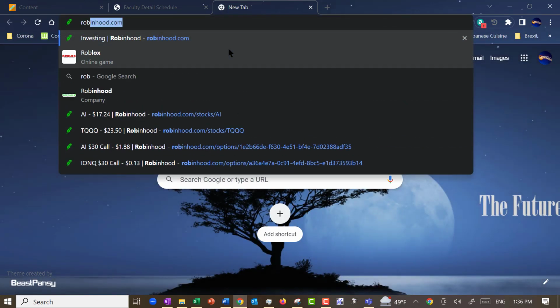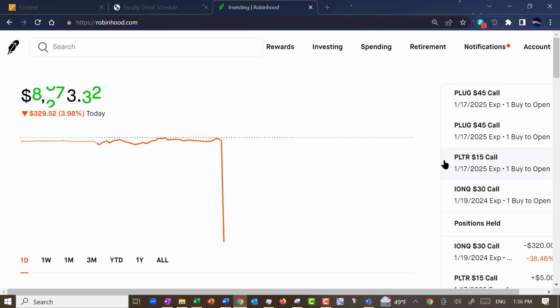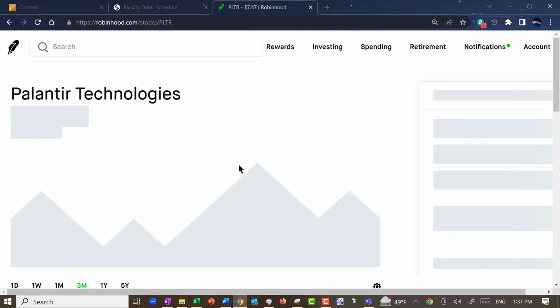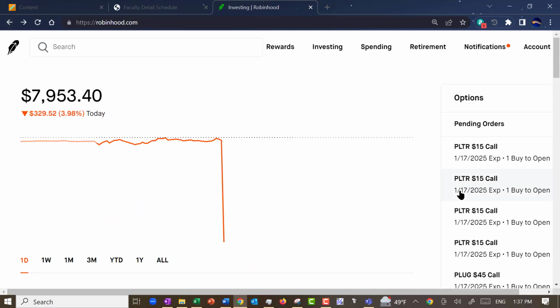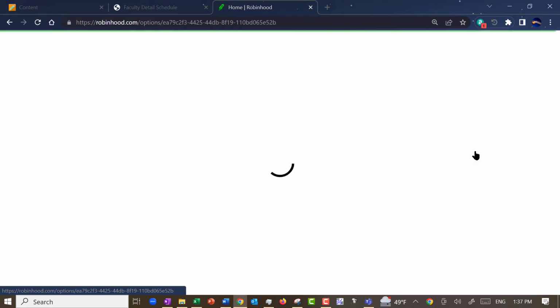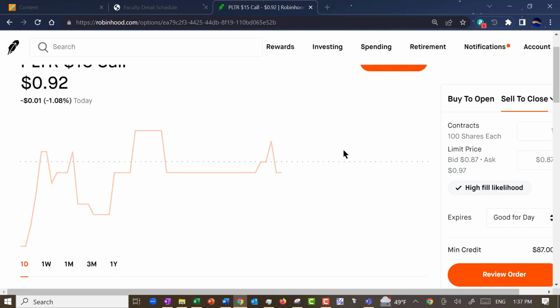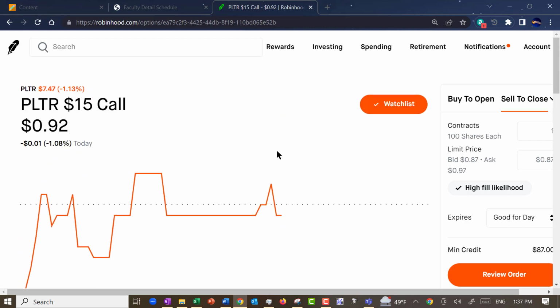Let me go to my Robinhood account. Right now, I'm interested in options on this thing. I already have one. This is a call option on Palantir Technologies, which is kind of an AI solutions firm. I personally believe those things are going to be huge over the next 2-3 years. This is a call option with a strike price of 15. That means over the next roughly 2 years, if I buy this option and I just bought it today,